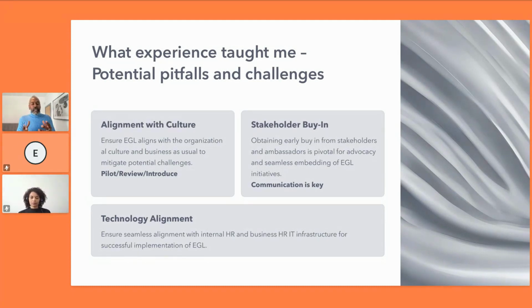So when it comes down to culture, you might find in your organization it needs to be a bit more robust. You might find you can just literally say, we're going to have a great platform to support it, we bring it in. Or you might find in your culture, what you need to do is have a lot of processes and steps. But whatever culture you have, think about, what is it you want to do around employee-generated learning?